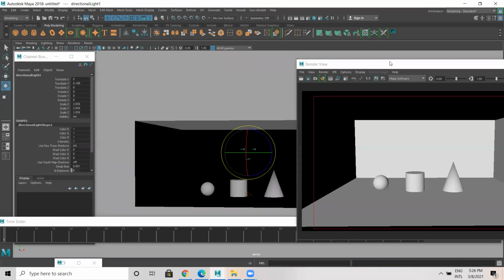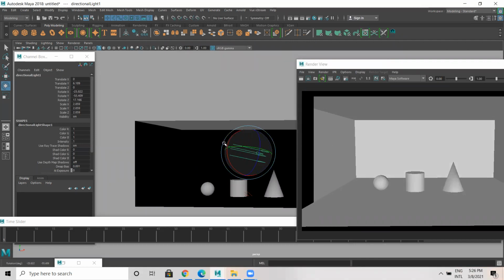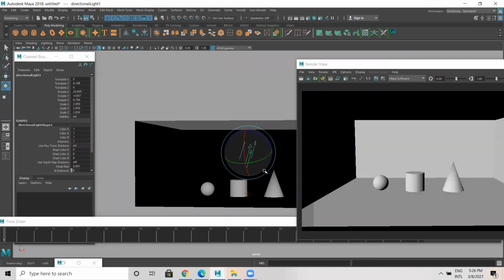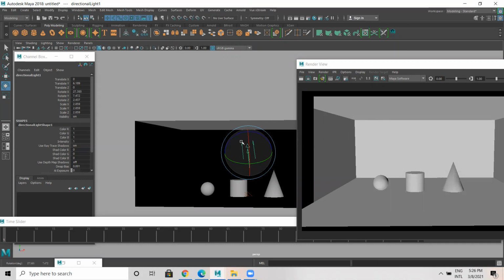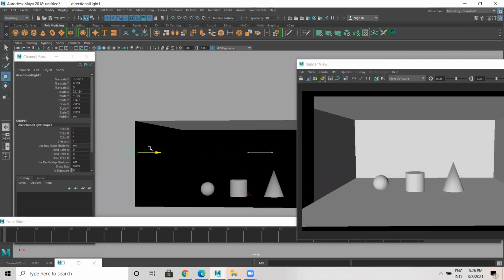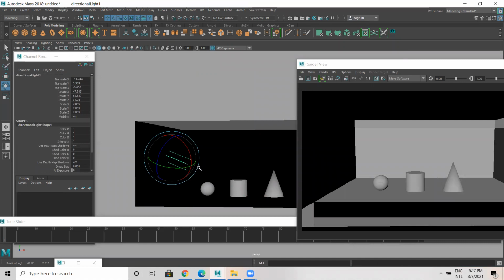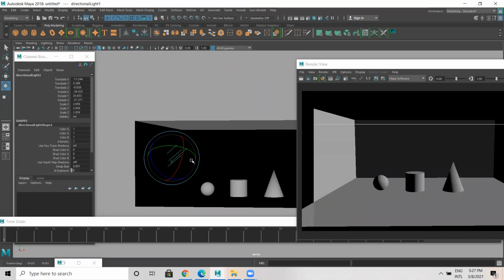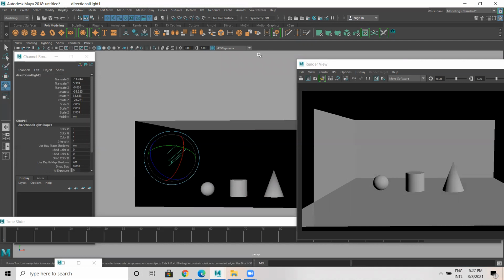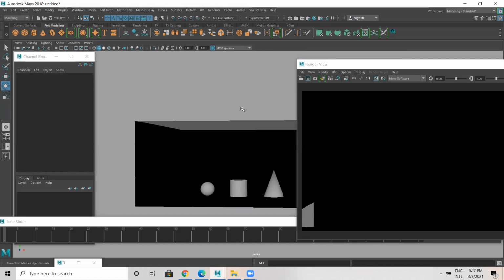Direction light works for direction. I just make it like this. You can see this side, and the top. It works only for the direction. It doesn't work for transform, meaning translate. If I move out of the box, the light will still come. This is a default light. I'm going to delete the default light. Assume if I delete this direction light, there's no light, you don't see anything.